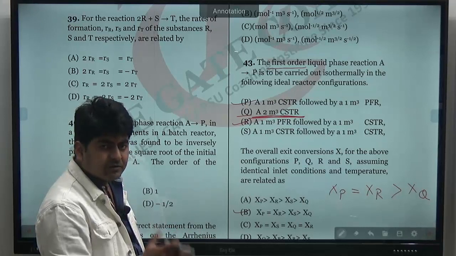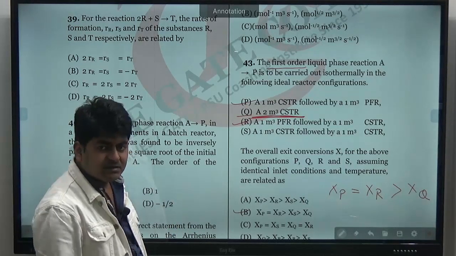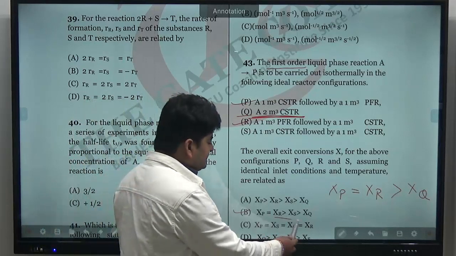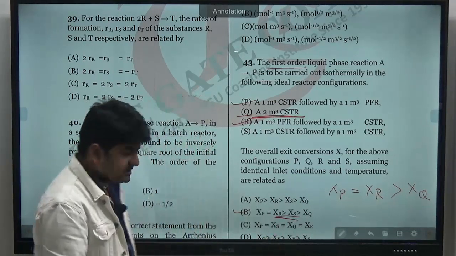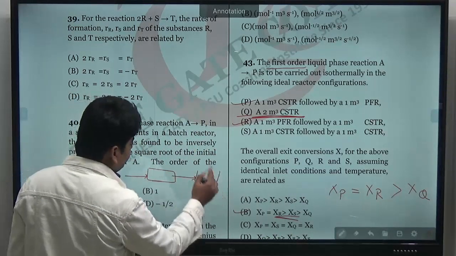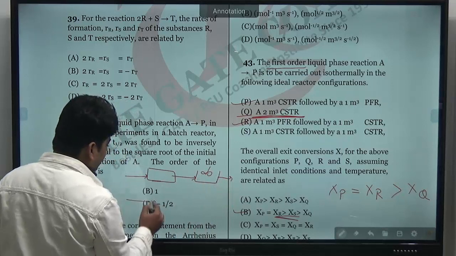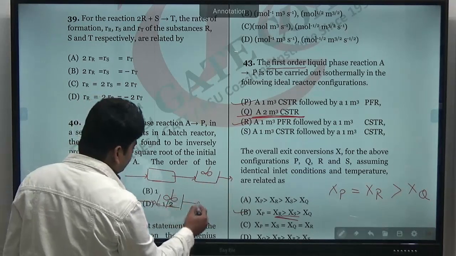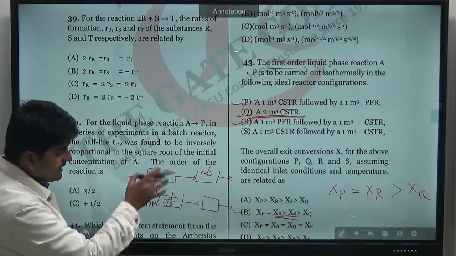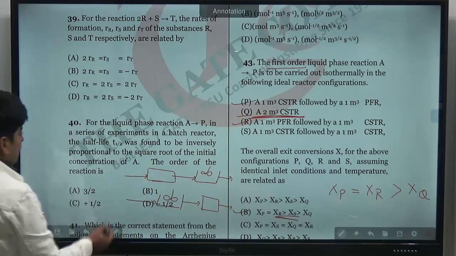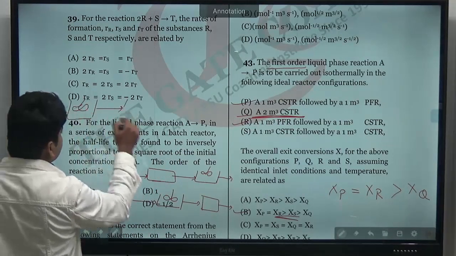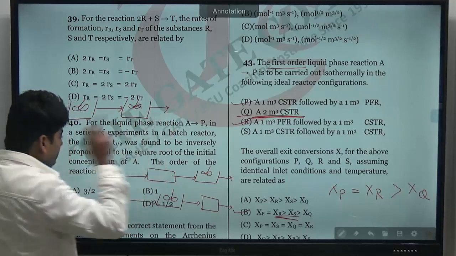You don't need to go for any other thing. You don't need to use paper and pen for this. So you will directly get your answer. This question was there for 2 marks. Further, if you want to see about XR and XS, why they are small and large, it's easy. Like we have PFR followed by MFR and MFR followed by PFR. So in these 2 cases, for first order reaction, conversion will be same, that is obvious, XP, XR will be same. But now in option S, we have 2 MFR in series.